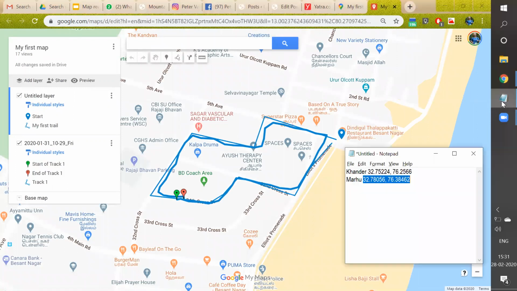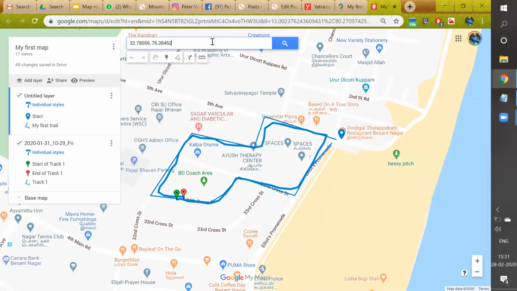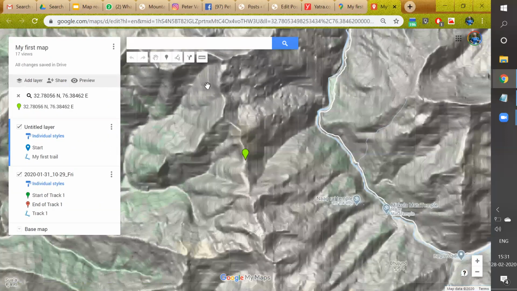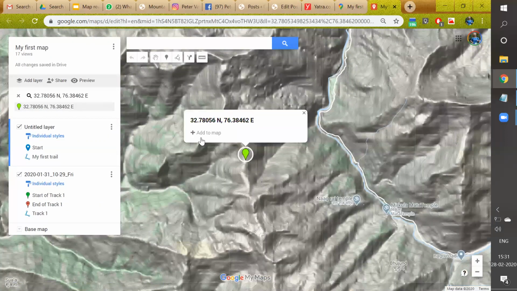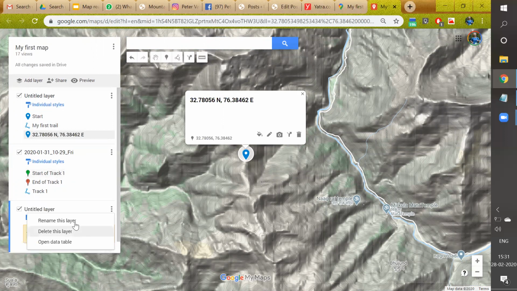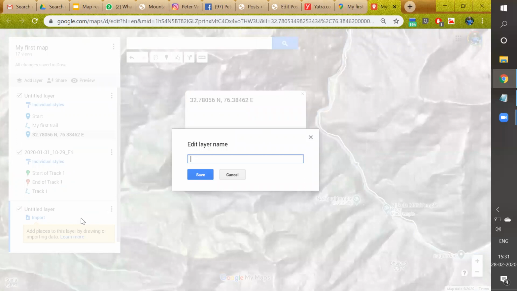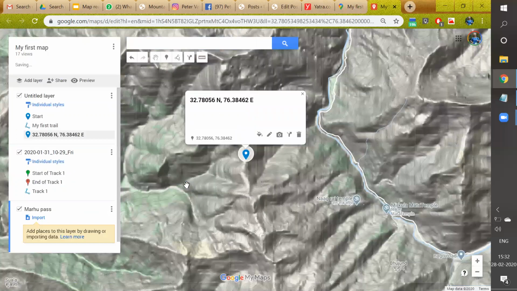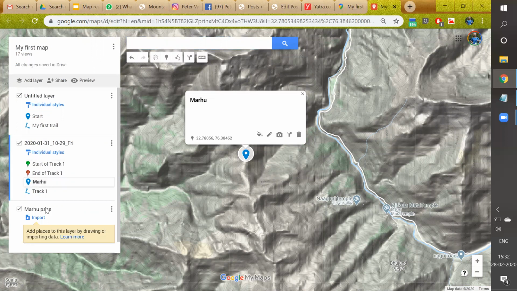In this specific example, we'll take a look at the Margu Pass, which is a pass on the Pir Panjal range, frequently used by shepherds. This is the lat and the long, so north and east. Here we go. Let's mark this pass. I think we can probably keep this in a separate layer. Give it a proper name, Margu Pass Trail. You can give this also a better name, Margu Pass, and then do all the work in this module under